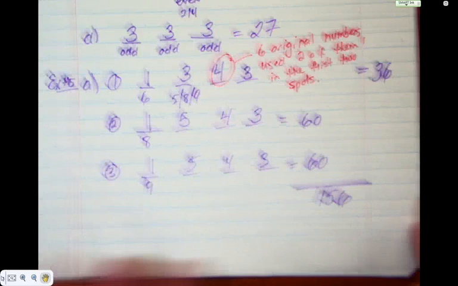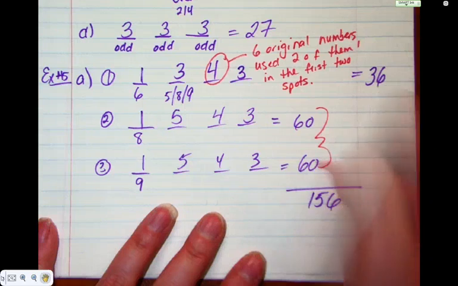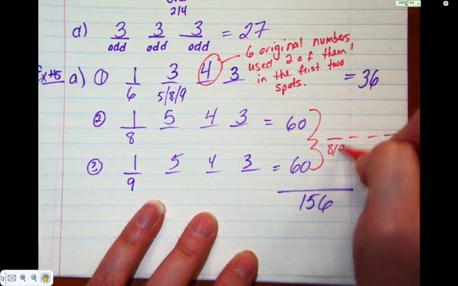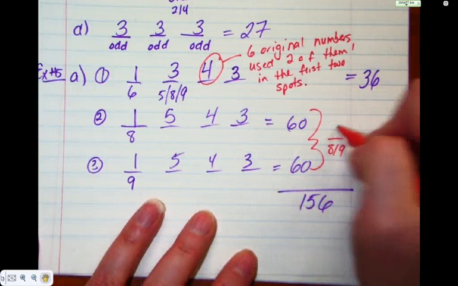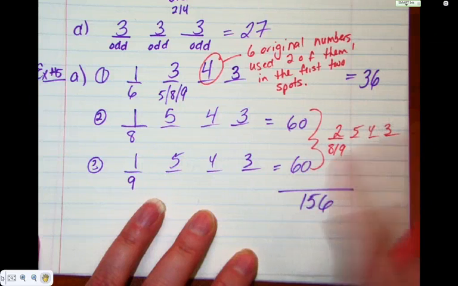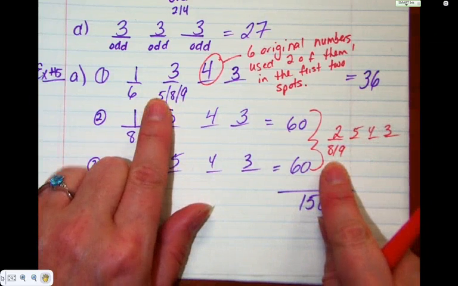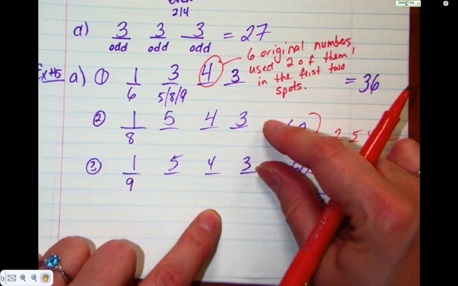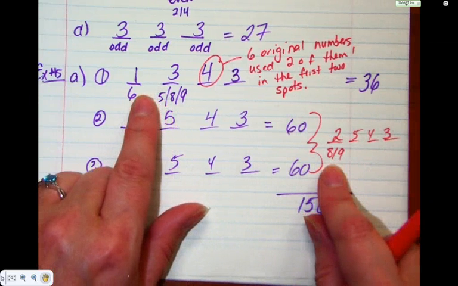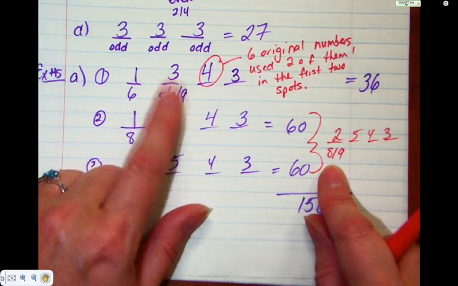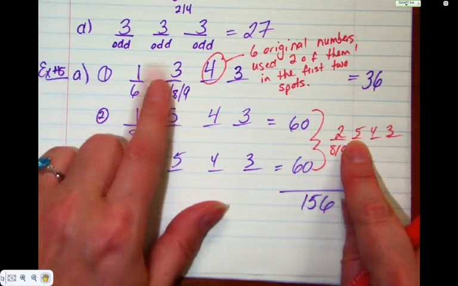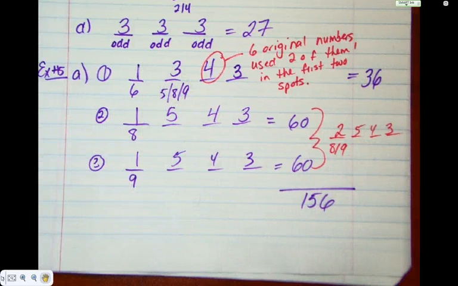You could, if you wanted to, combine these into one case. So you could say that the first could be an 8 or a 9, which gives us 2 choices, followed by 5, 4, 3. You cannot combine with the 6. So you can combine the 8 and 9 case, but not the 6. Why does the 6 have to be its own case? Because it has a restriction on the second digit. So you can do 3 separate cases, you can do 2 cases, but this has to be its own case either way. Does that make sense?